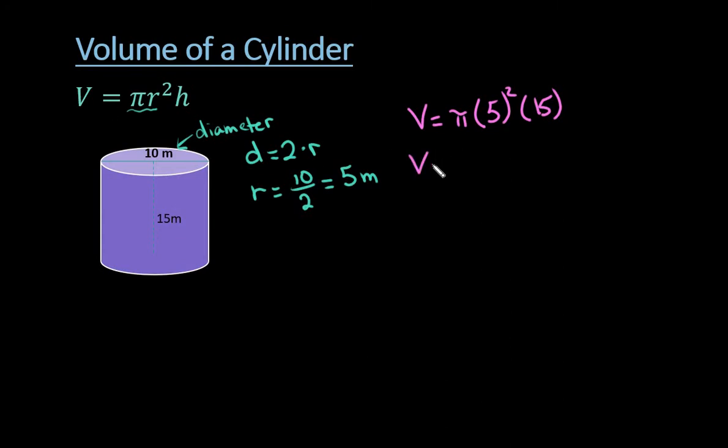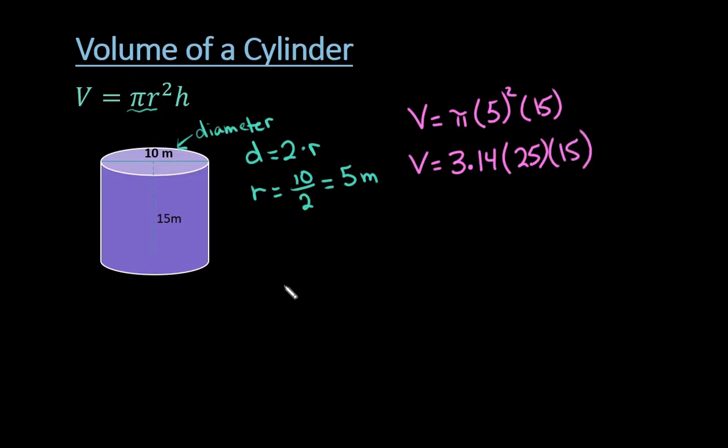With this one, depending upon your text and what your instructions say, sometimes they will say use 3.14 for pi. Sometimes they will say use the pi button on your calculator, and sometimes they will not specify, and usually both answers would be taken if it does not specify. So depending upon your instructions, you can either use 3.14 to approximate pi, or you can use the pi button on your calculator. So 5 squared would be 25